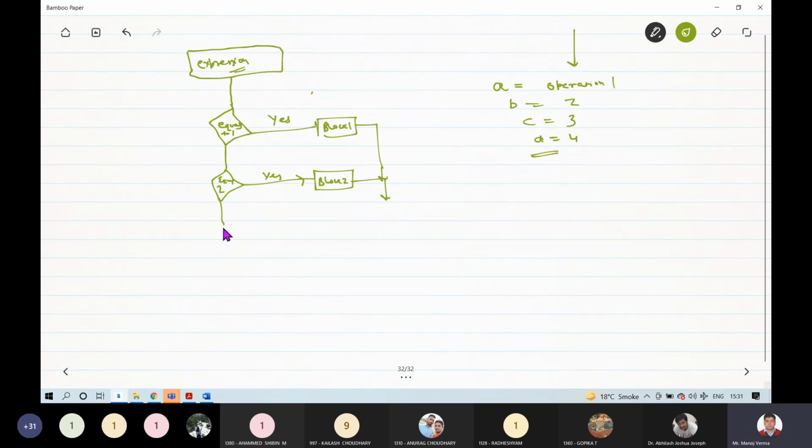Okay, or in a different case, let's say the expression value is slightly different, then it will run another block of instruction. Similarly 4 or 5, anything.